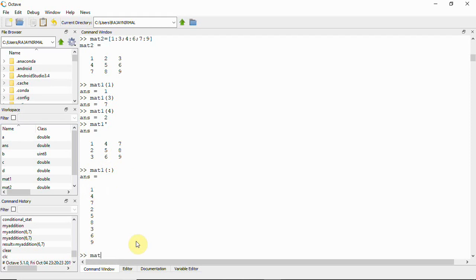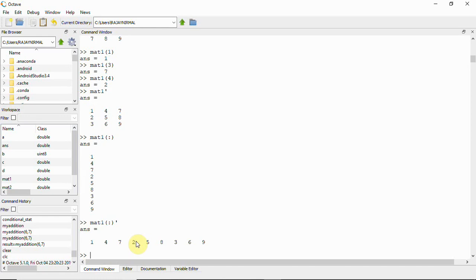And now if we do the same, like this, adding a transpose operation, all becomes row. So this can also be done. So this is how we do. Here you can see it is just mat 1 of colon, which is like all columns, making all the elements to be in a single column. And then next mat 1 of colon, and then you use this transpose operation, which makes them as row elements, completely a single array. So next,